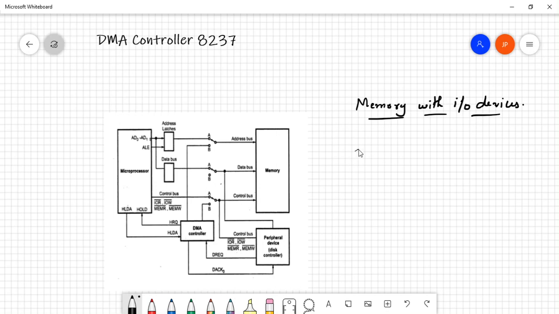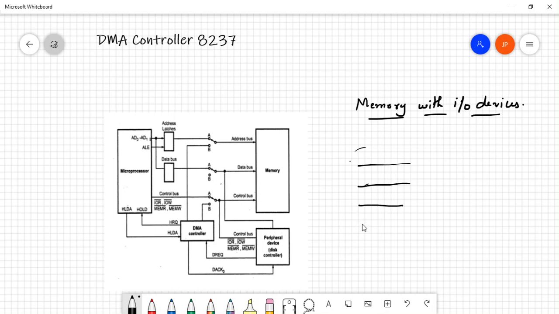In that case, for each byte of memory transfer, you'll have to fetch 1 byte of data. So you need one instruction for fetching the data from the memory. Then you will require another instruction for copying it into the USB drive or any of the peripheral devices. Then you will require another instruction to increment the memory location, because obviously you won't be sending 1 byte of data, you will be sending megabytes or gigabytes. So you'll have to increment the address of the memory location,